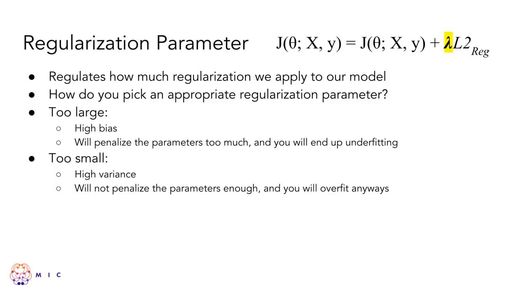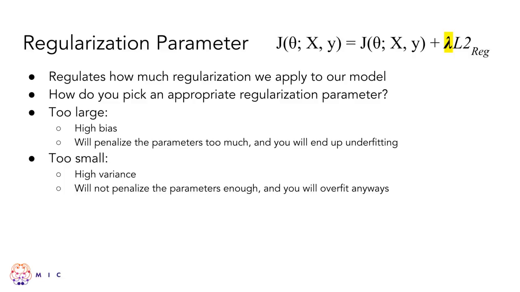Okay, so more on this regularization parameter. Again, it regulates how strongly we're going to regularize our model. So if it's larger, the more regularization it's going to apply. If it's smaller, the less. However, it is just another hyperparameter, like learning rate, for example. So you're not going to be able to guess the correct one at first. You're also going to have to pick a couple of different models and test for it. Yeah, there's no golden number. I'm sorry. It's just one of the things that you're going to have to trial and error.